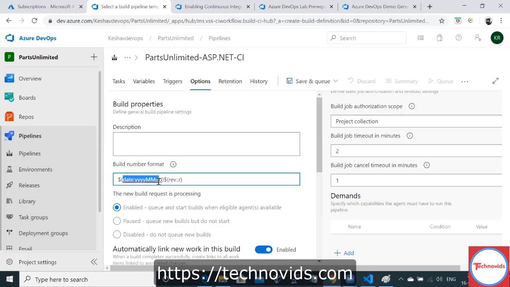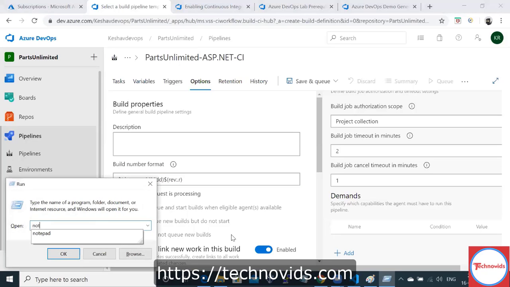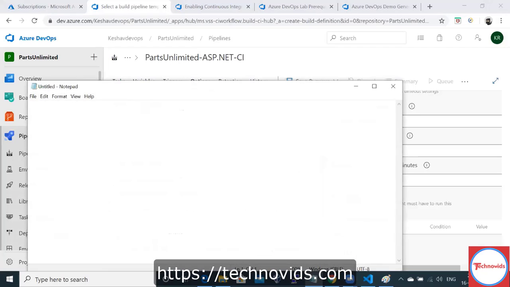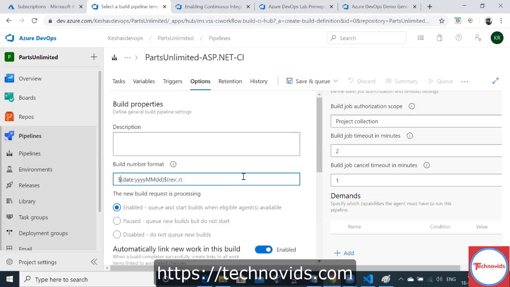This is a variable. If I put brackets after the dollar, it means a macro. In PowerShell, how do we define a variable? Simply dollar var, right? But in Azure DevOps, after the dollar we mention a bracket, and within the bracket we mention the variable.